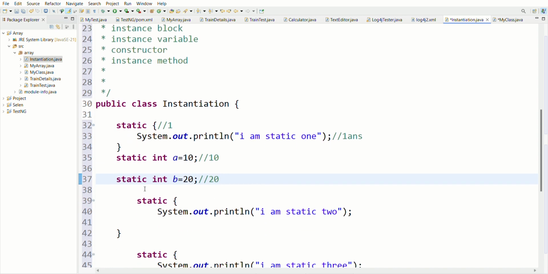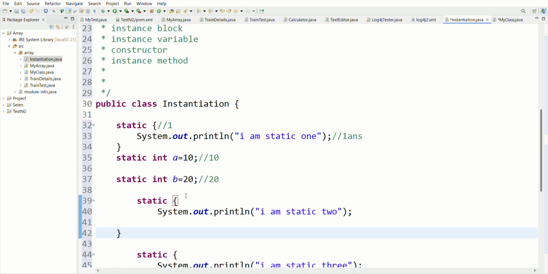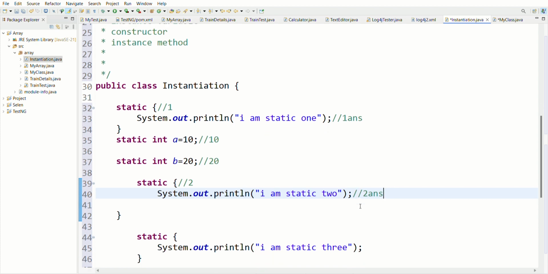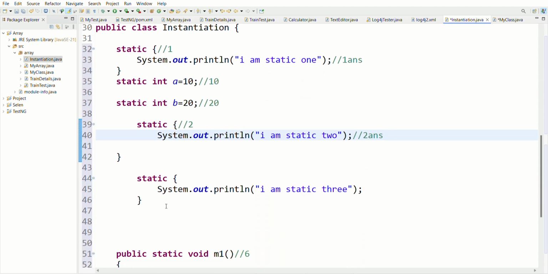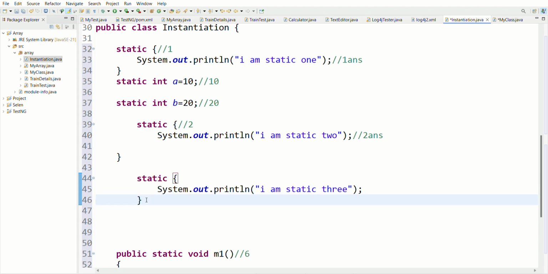Got it? Now here this is my static block. When the JVM sees the static block, it will execute it. So my second answer should be I am static 2. After that, down here there is one more static block, and I am static 3.